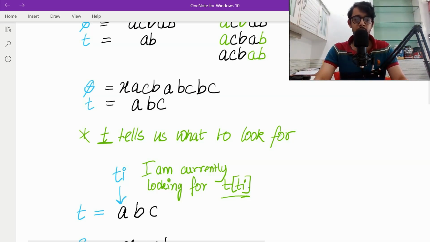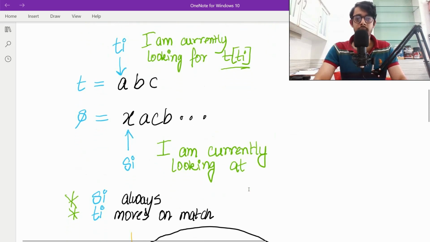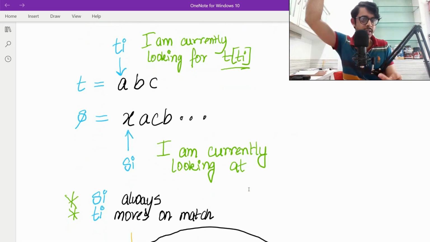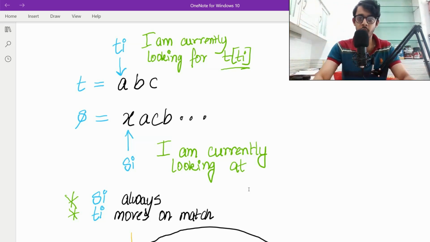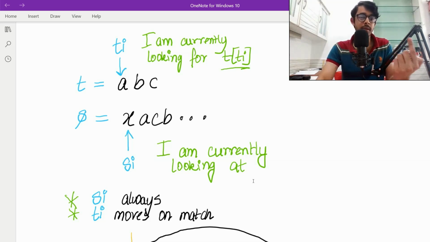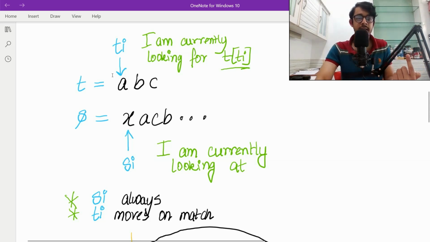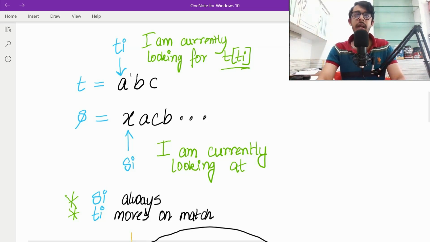This actually helps a lot. And maybe we can do the same for S as well. Maybe we can have another pointer for S. Okay, so now we have two pointers, Ti and S of i, and we can move them back and forth. First of all, what do they point to? Ti points to what I'm currently looking for, and Si is what I'm currently looking at. Si is the current guy, which tells me that I'm currently looking at X right now, and Ti tells me that I don't care about X, I want A. Can you get me A? So Ti is constantly asking, get me A.